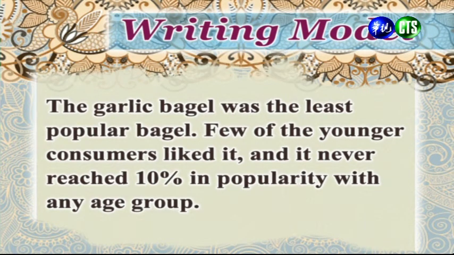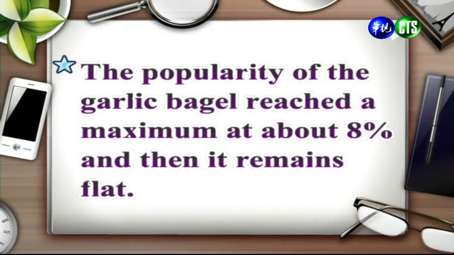All right, let's take a look at the garlic bagel data. 好，我们现在来看一下大蒜口味的部分。And then what we can do with the garlic bagel is we can describe the data trend like this. The popularity of the garlic bagel reached a maximum at about 8% and it remained flat. 好，那这个部分呢，我们可以换一个方式来陈述它所受欢迎的程度。我们可以这样写：蒜味贝果受欢迎的程度最大值为8%，然后呢便维持了平缓。All right, so now you've learned some different ways to describe data trends, and so remember to do more than just state what the numbers are in the chart. Make sure you describe what the numbers mean. 好，那各位同学现在知道了，我们在看到这样的表格的时候呢，一个重点就是你不能只描述数字，你还要去继续的呢，进一步的去解读、去陈述这些数字所代表的意义。